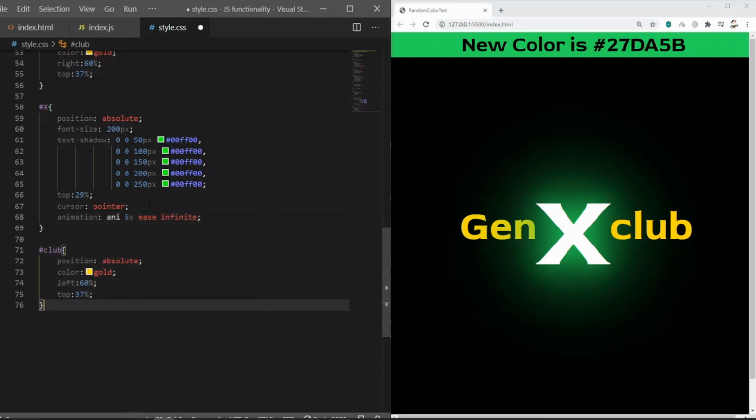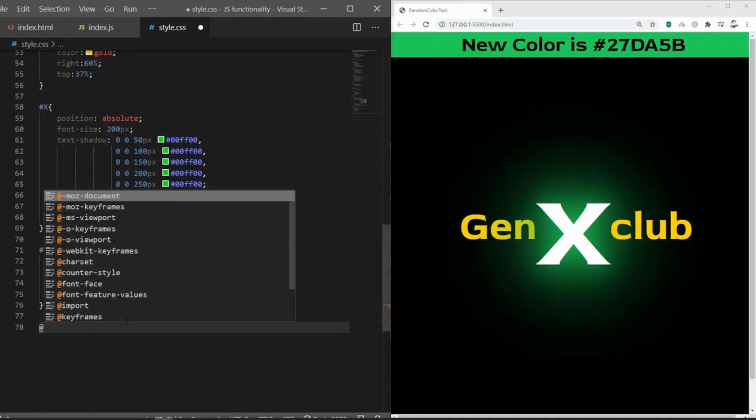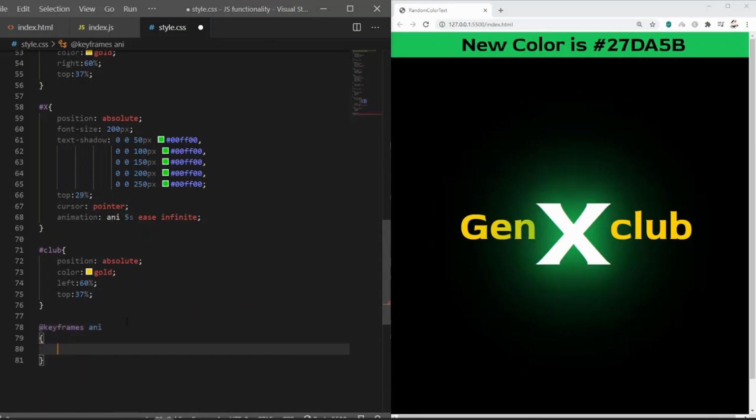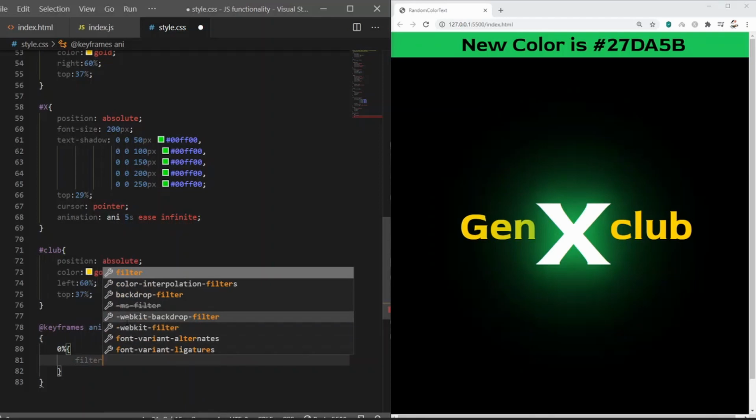Okay, and let's make a keyframe. Keyframes are used to make the animation. So we'll add @keyframes, with the name of the animation, so we had written Annie, so let's use that. Awesome. Now we need to put percentages, so 0% at the start, what it has to do. Let's make a filter.